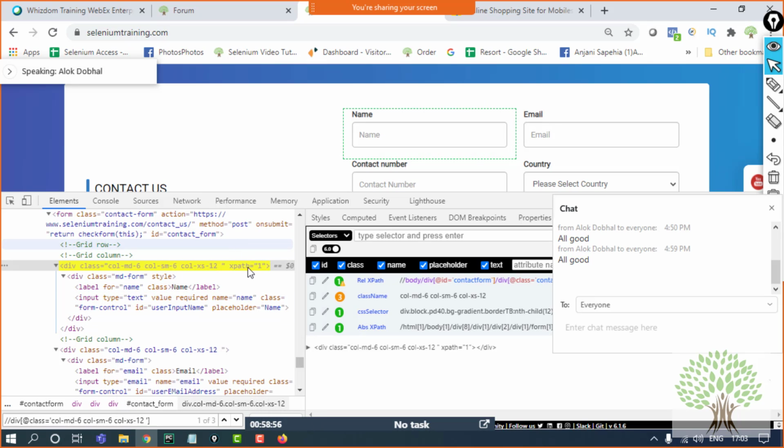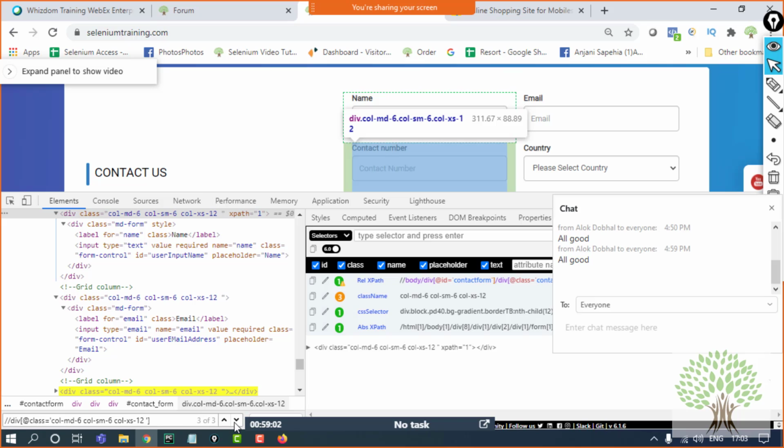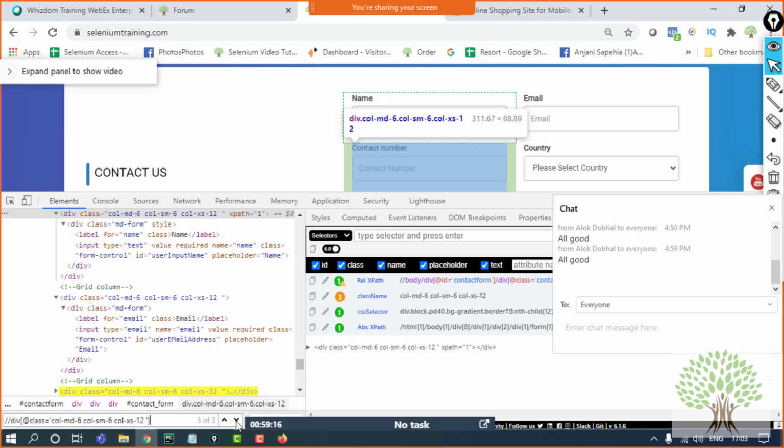So there are 3 elements which are being highlighted. First is this form itself, then the email, and then I have this contact number, and after that it has been changed to some another class. The look and feel has been changed maybe, or something is different over here. Over here it's a full box. Inside this box I have a label and I have an input tag. So either I can print a label at a time or I can send a text box. What actually you want to do? You want to print the text, then I look for the label tag.